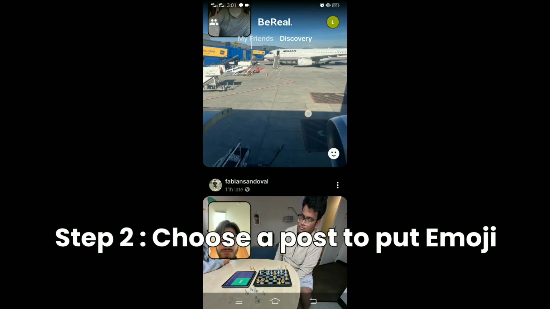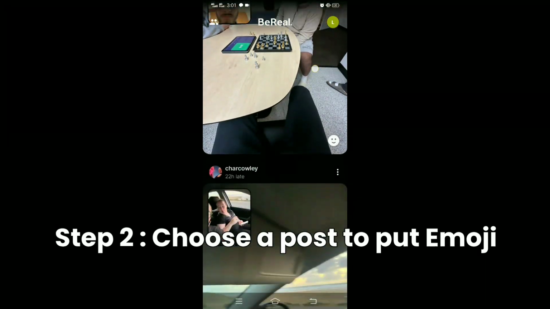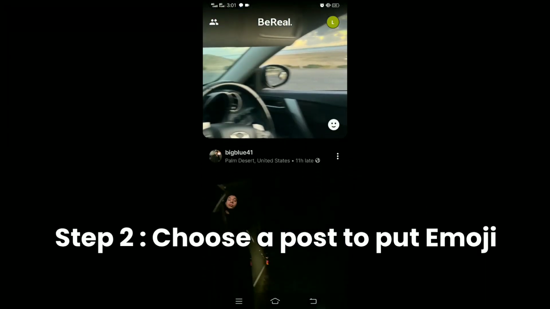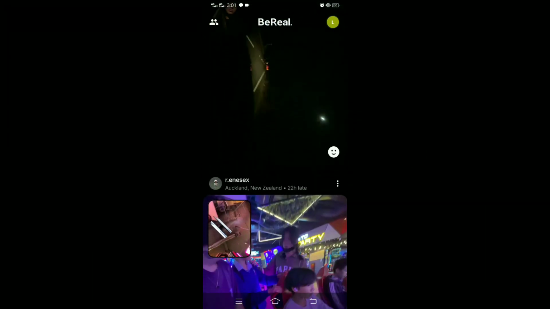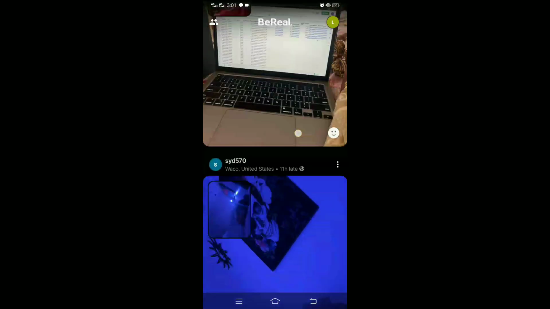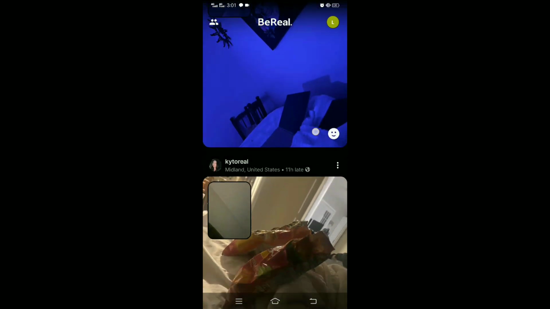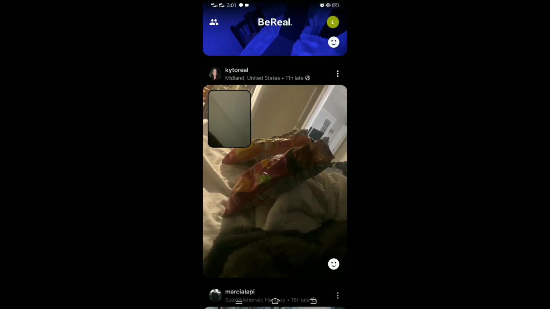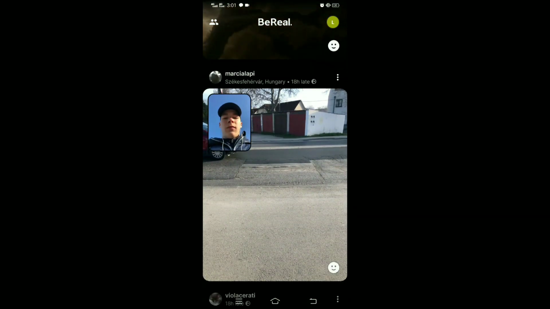choose a picture in this home page. And then if you choose one of them, you can tap the emoji at the bottom right corner of the picture. Example, I'm gonna choose here, and then I'm gonna tap the emoji,